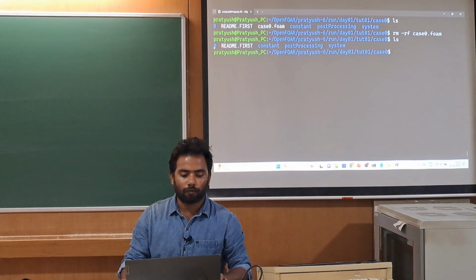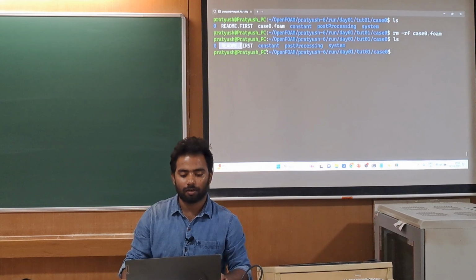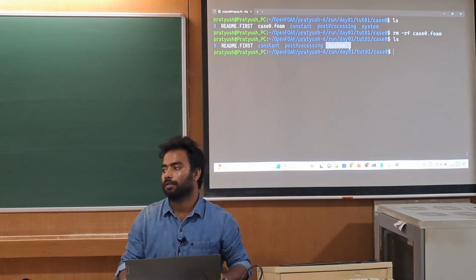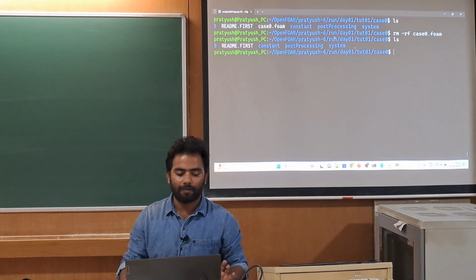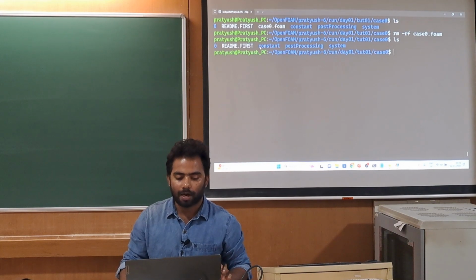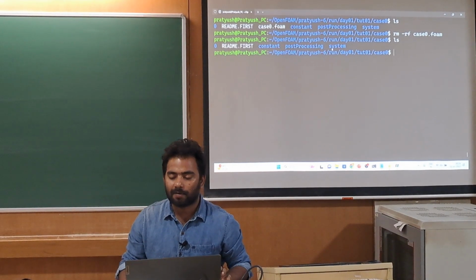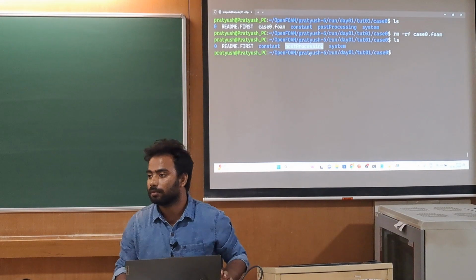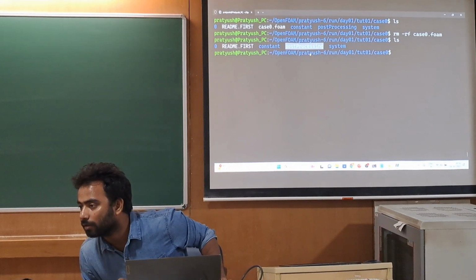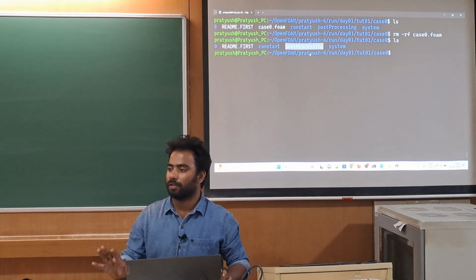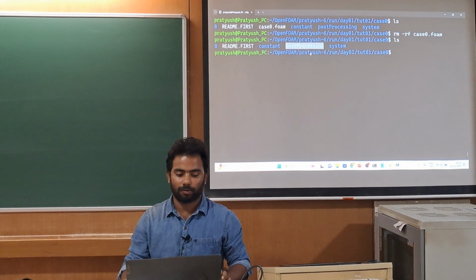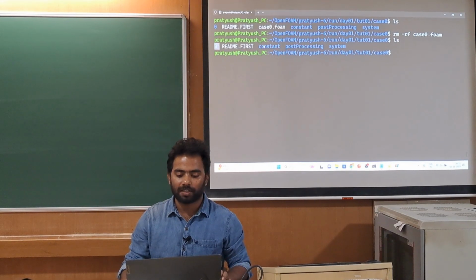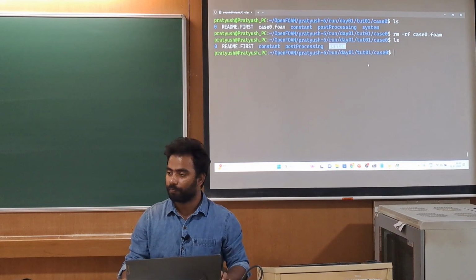So you have this 0 folder, the readme first, the constant and the system folder. Everyone has this 0 folder, constant folder, system folder. Everyone has? So everyone has this 0 folder, constant folder, post-processing folder and system folder.